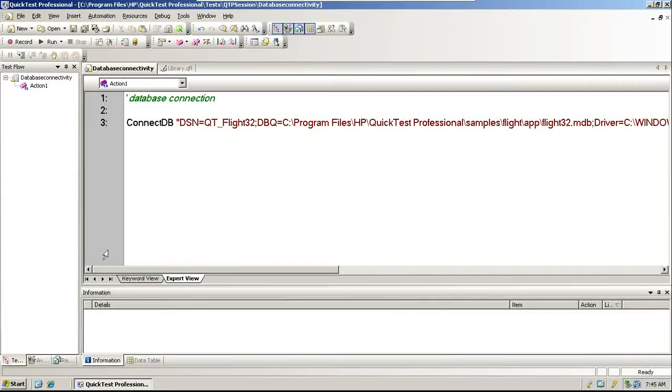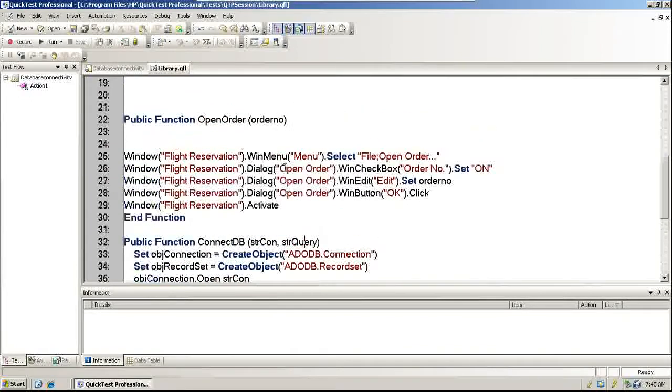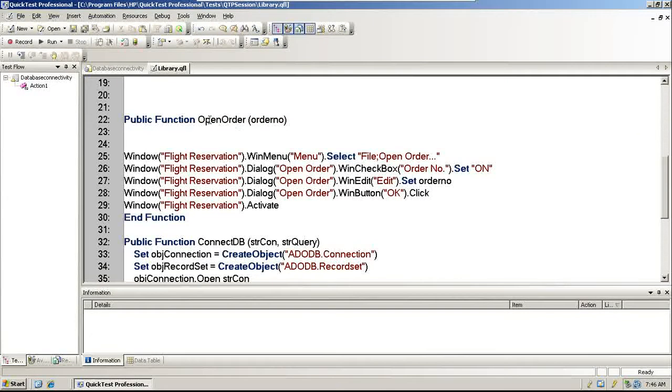So the thing is, while calling a function, you have to remember two things. You cannot use call, so directly use the function name for calling. And for passing arguments, you cannot use parentheses. Directly pass the arguments in the quotes. Two things, just note it down somewhere. Parenthesis means the brackets, right? Sometimes you pass arguments in brackets, but that is in Java. In VBScript you don't. While creating a function, you use the parenthesis, but not while calling.